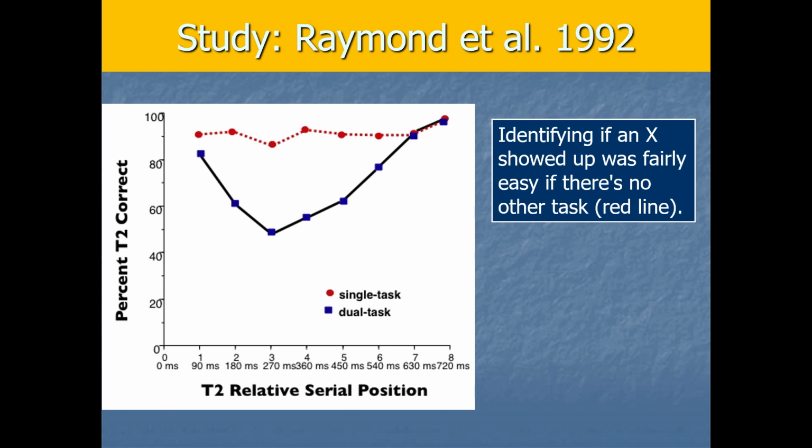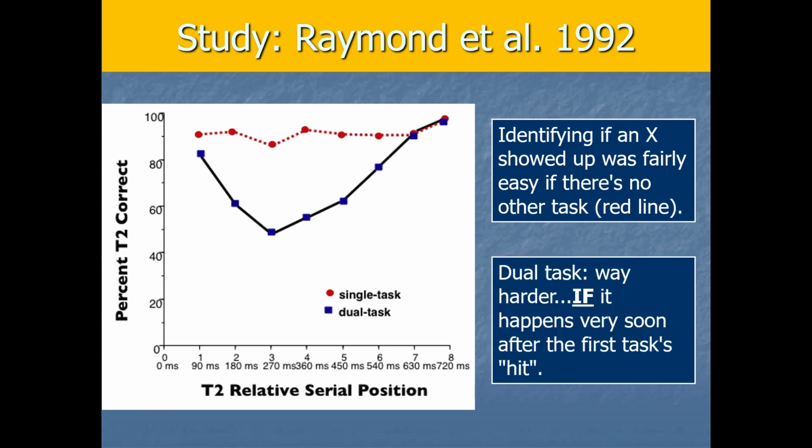And if you look down on the x-axis at the bottom, that's how far into the stream of letters the X was. This is in milliseconds. So 1,000 milliseconds would be 1 full second. That means 100 milliseconds, right around here, is a tenth of a second. So with the red line here, we can see that the timing doesn't really matter a lot in the single task situation. But now look at the blue line. This is the dual task setup where they also have to identify the white letter. And with the two tasks, now identifying the presence of an X, whether the X was there or not, is sometimes way harder.